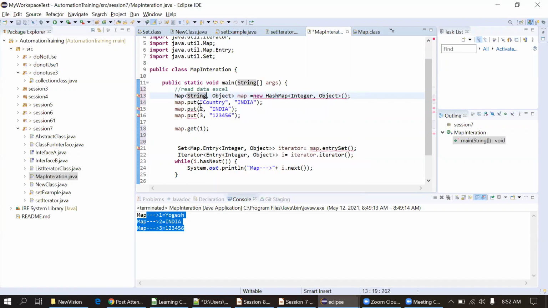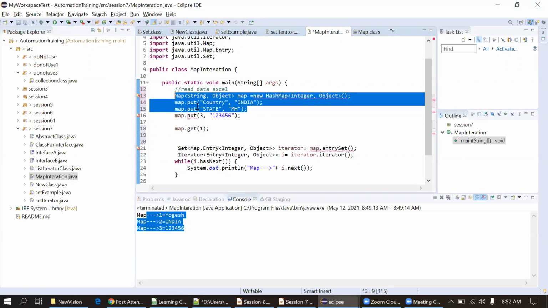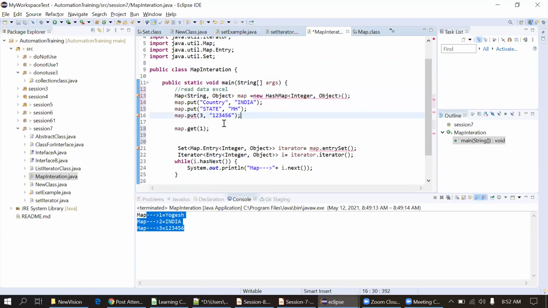Suppose here state, then Maharashtra. Now if you have put this data from the Excel sheet, and now if you want to get the country, you can simply copy this key and put it into the get. So the output of this line will be India. So that is the right way to get the data from this HashMap.